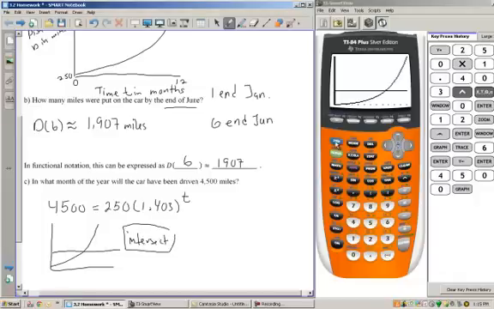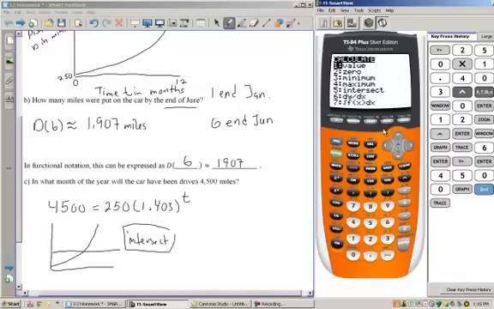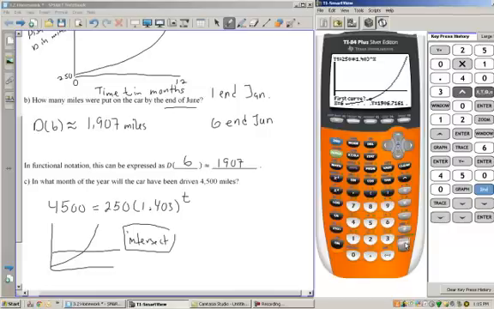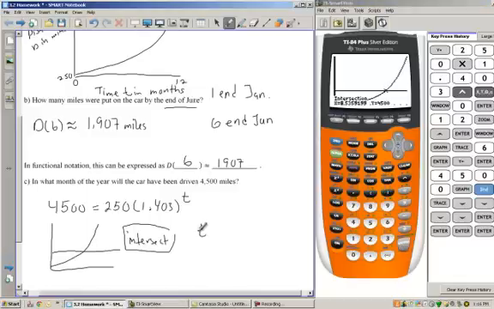To find where they cross, where they intersect, I just go and find the intersect button on here. So I hit second, trace to pull up the calculate menu, and go down to number 5, which is intersect. Hit enter, and then just hit enter 3 times, because that's the first curve, and the second curve, and then guess, just get close to it. And now it pops my answer. And so t is about 8.5